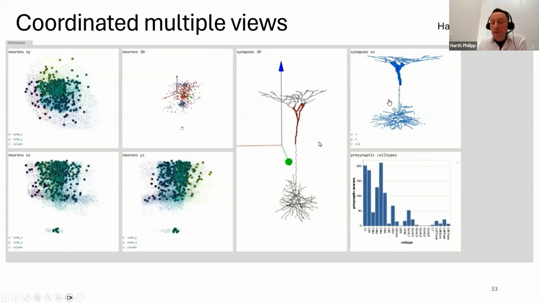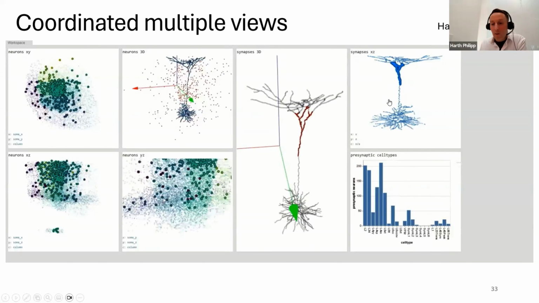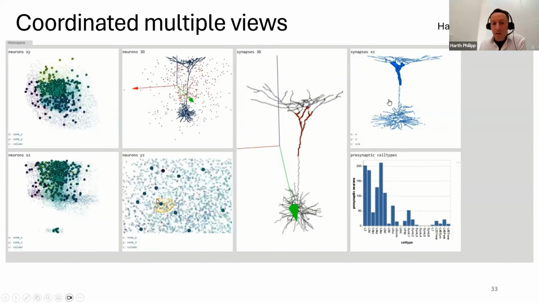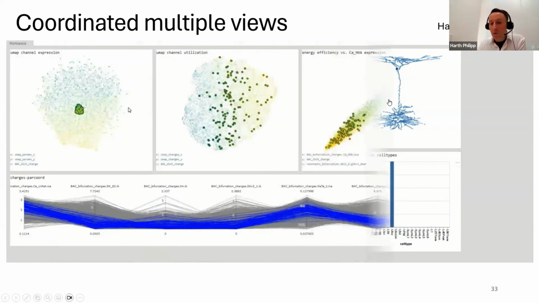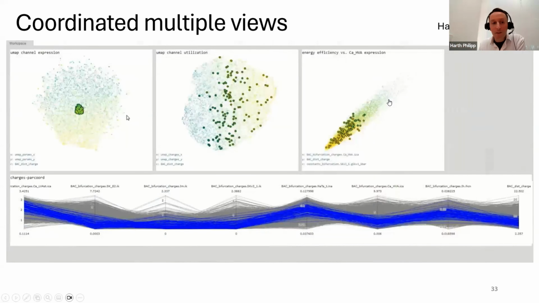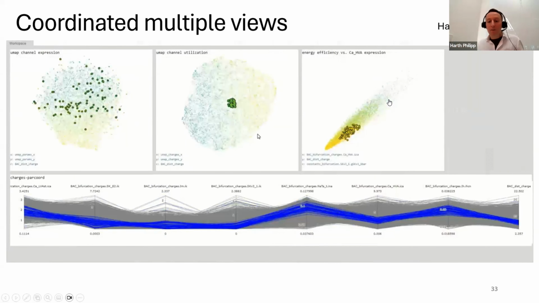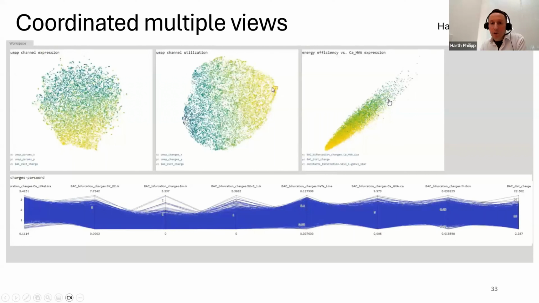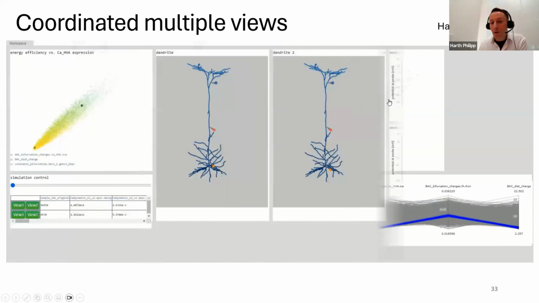linking. In this design study, we actually looked at how we can define such views using heterogeneous JavaScript libraries and a grammar-based specification language. What we see here is one use case where the tool has been used to study the distribution of synapses and the precise location of these neurons. And here we now see this example from the biophysical parameter scenario, where we use this tool to identify parameters that in this case facilitate energy efficient dendritic computation and better intuitively understand the parameter space.